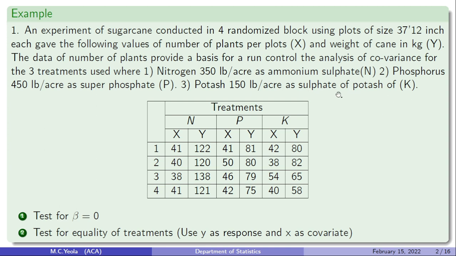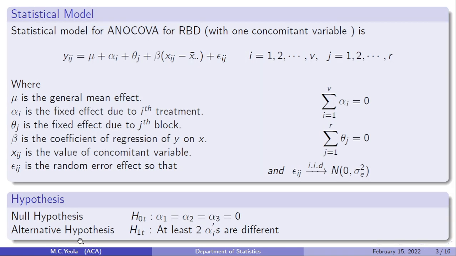This is the information we have, and what we want to do here is test for beta equal to 0, and test for equality of treatments, using y as response and x as covariate. The statistical model for analysis of covariance for RBD with one concomitant variable is Yij equal to mu plus alpha i plus theta j plus beta into xij minus x bar dot dot plus epsilon ij,